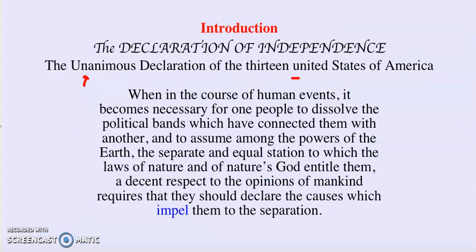And the name of the country probably was still up in the air. Jefferson called them the States of America and happened to have United here. Maybe this happened to help people call it the United States of America. But anyway,